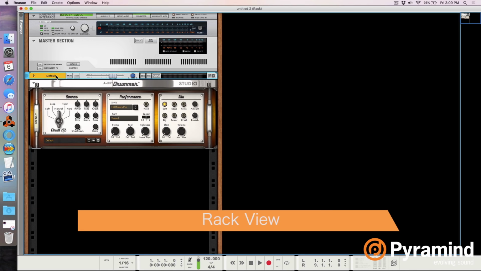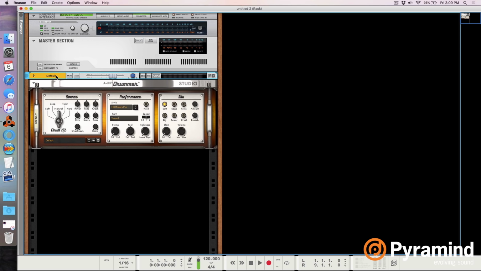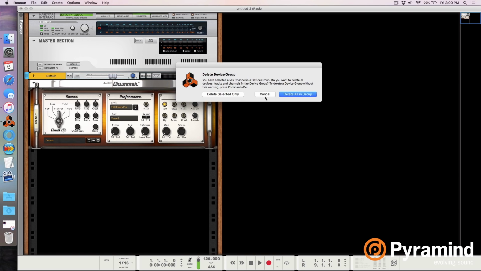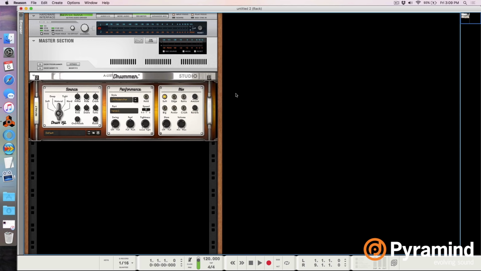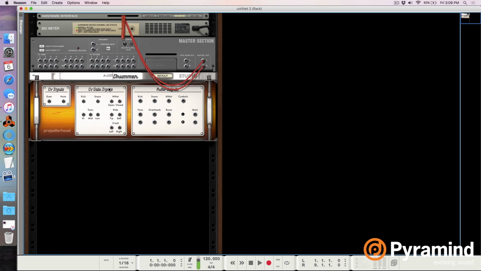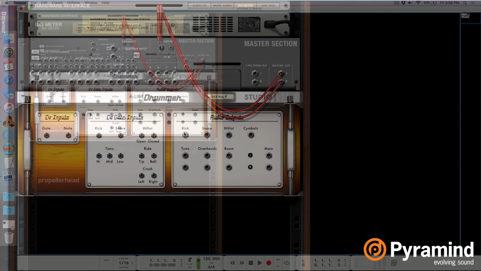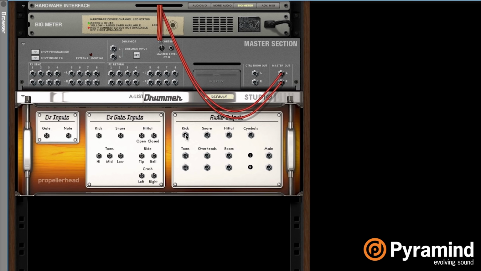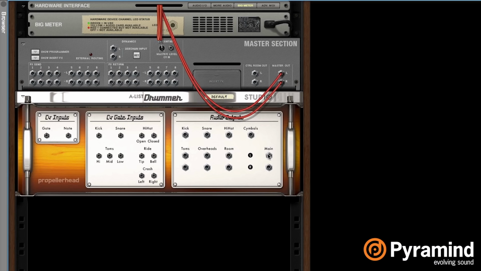I'm going to delete this. This is the mix channel that comes with every instrument you add. We're going to only delete selected. And then we're going to flip it over by pressing tab. You see these outputs are where we're going to have all the drums go through, and they're each going to have their own mix channel, because what it was doing before was coming out the mains, but